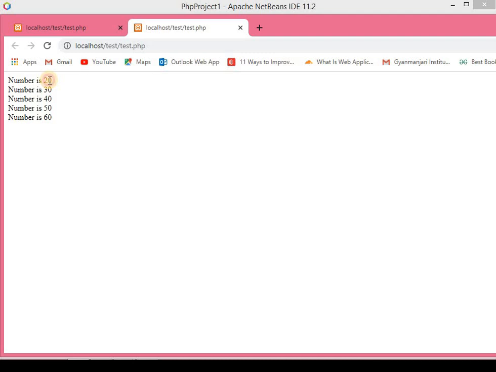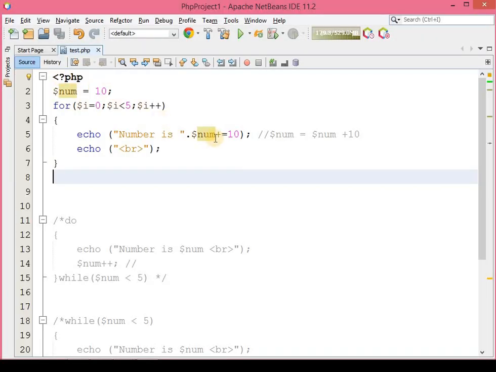Now it is starting from 20. Why? Because over here we are incrementing it by 10. So 10 plus 20, again it will check for condition. Now over here you can see that this I is incrementing by 1. So whenever it is executing first time, okay, so what will happen over here? I is equals to 0. After that it will check for condition. 0 is less than 5, condition is true, okay, and it will increment this I and it will become 1. So over here I is, let's say, 1. So this statement will be printed.